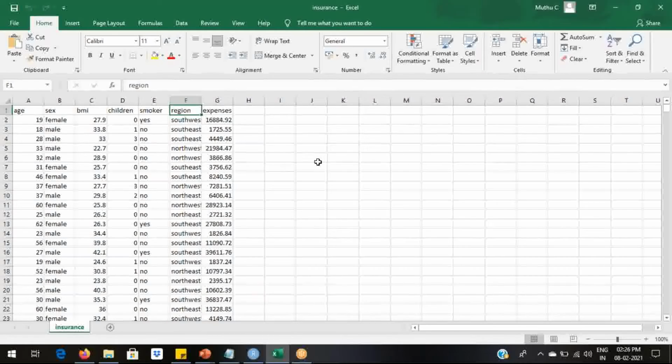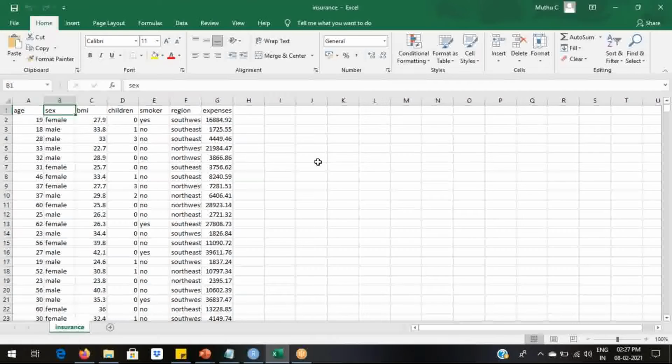Now let's also see the type of each variable. As you can see, age is an integer variable. Sex is a categorical variable of nominal type. Obviously, it's not ordinal because you can't say that male is greater than female or female is greater than male.